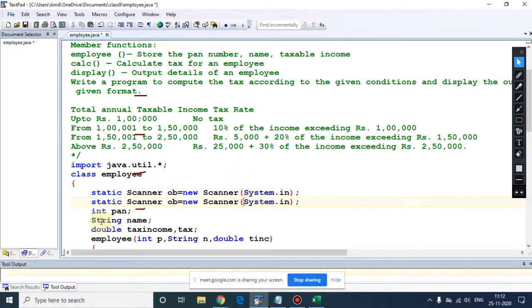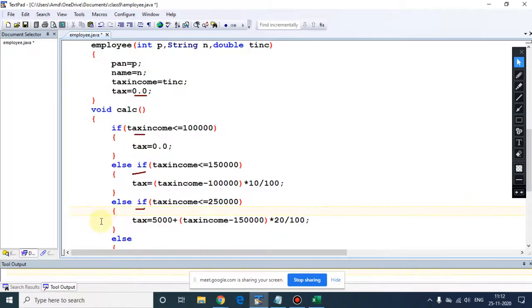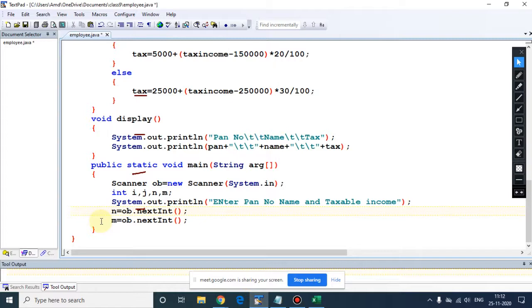One more variable you can declare, like OB1 and OB2. So for the PAN number I am using N. This is OB1. Now for string M I am using OB2, and then for the taxable income I am using J. Am I clear? After that we need to create an object.